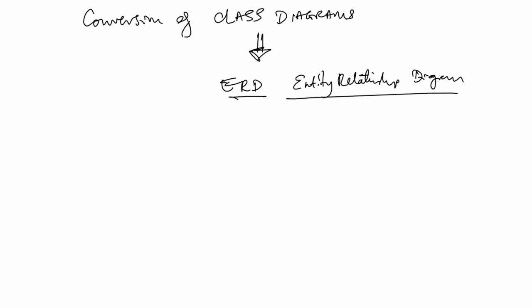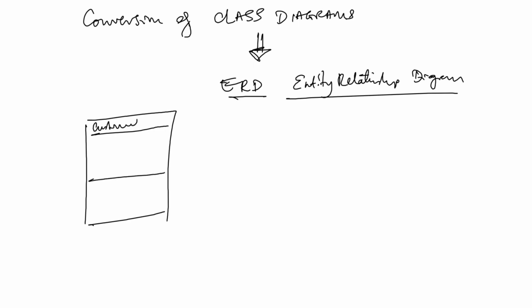so in a class diagram, it looks like this. Okay, so you might have customer, and then you have attributes, then methods. Yeah. So